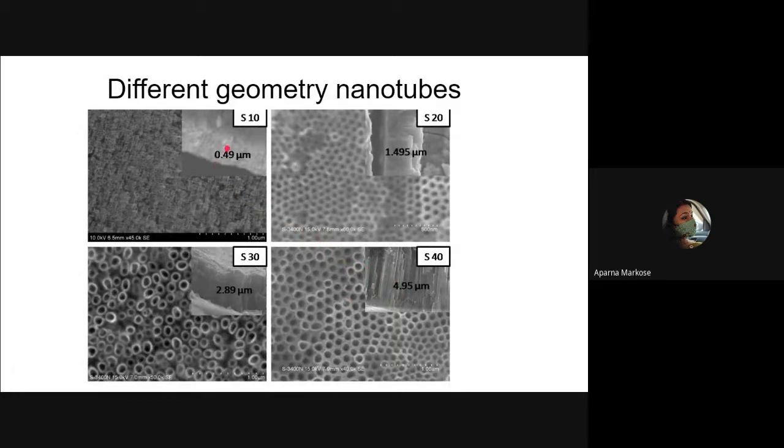You can see this is only 0.49 micrometer. It's micrometer, not nanometer. And this is 1.4 micrometer, 2.89 micrometer, 4.95 micrometer. At this level, if you try to separate the layer, you can see these nanotubes by your eyes, and you can separate and touch it. So when the length is more,